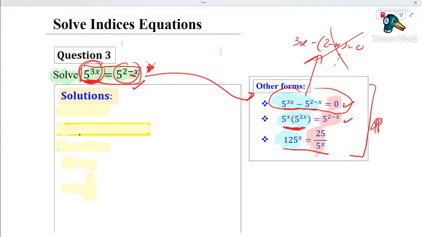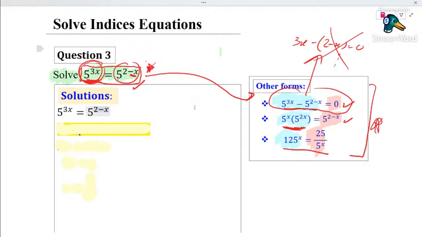Okay. Then back to our question here. I use this simple example just for you to see the technique to solve. Before you can apply these techniques, what is the effort to make changes? That depends on what you have in the question. Like what I have in other forms at the other side, but actually they are the same question as this one. Just that you need extra effort to achieve this form before you can solve. Go on. So now,